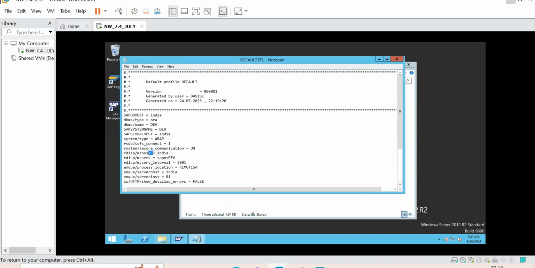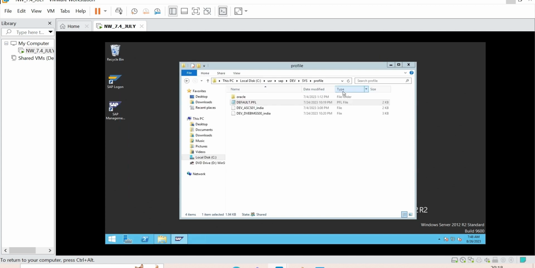So all these are common information, right? SAP SID, DB SID, database host name, message server host name, NQ server host name, right? This common information will be stored in the default profile. Now coming to ASCS. In ASCS, what do we have generally? Message server and NQ. So the naming convention is important: SID underscore instance name underscore host name.